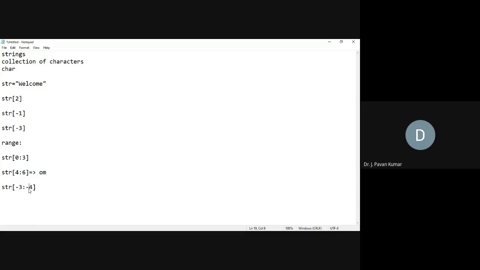So if you specify -3 to -1, it will print the -3 character, which is O, then the -2 character, which is M, and -1 it will not include. That's what you have to understand. Got it? This is clear, right? Any doubts?